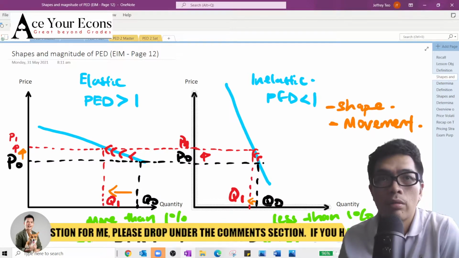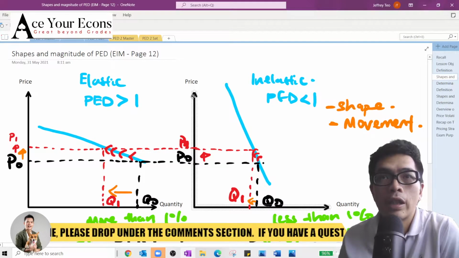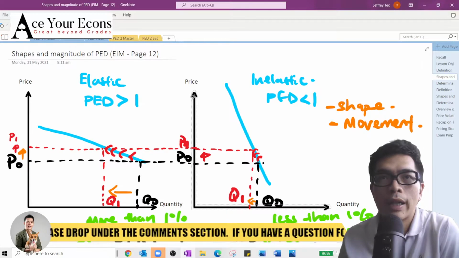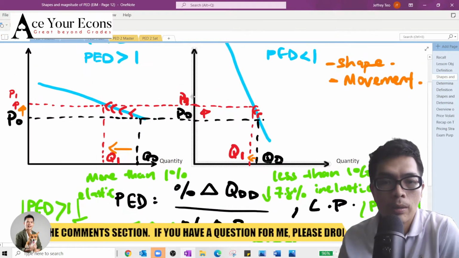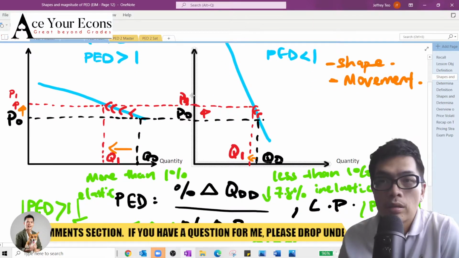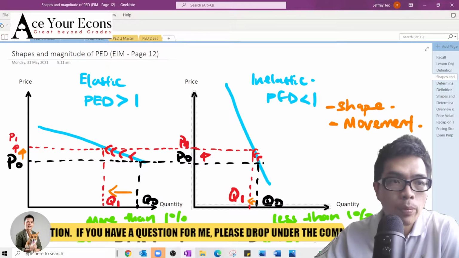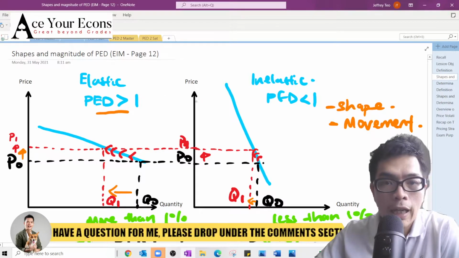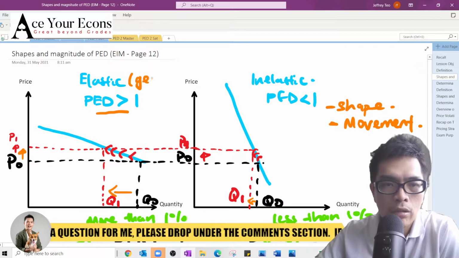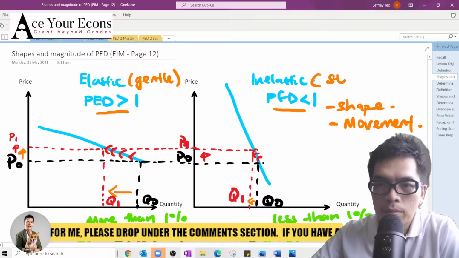Good, Jiaming. Who else? When demand is price elastic, it is when changes in price lead to a more than proportional change in quantity demanded. It means that the curve is gentle. So put a mental note here for those who don't remember: for PED greater than 1, or elastic, your slope will be gentle, while for PED less than 1, inelastic, it will be steep.